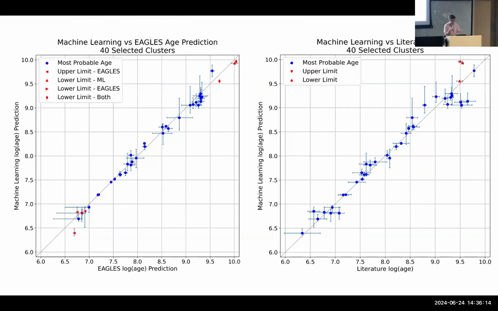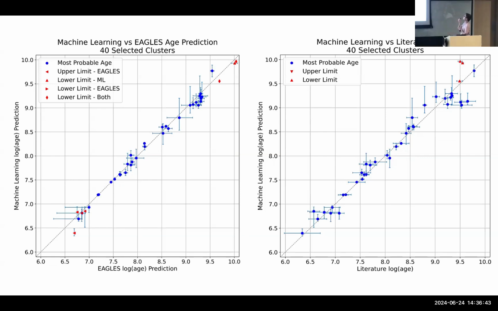Skip through to our cluster estimation. Again, here are the residuals in comparison with EAGLES on the left and in comparison with the literature age on the right. Firstly, this is in fact giving us very similar results to EAGLES. I want to point out 2 major things. One is that we are now able, with this new model, to give age discrimination at lower ages. So we're going down to 1 megayear in terms of producing peaks in the probability distribution.